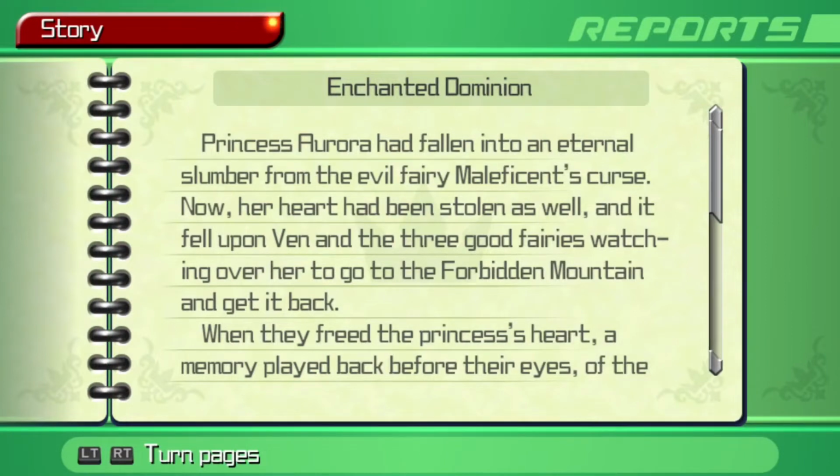Princess Aurora had fallen into an eternal slumber from the evil Fairy Maleficent's curse. Now her heart had been stolen as well, and it fell upon Ven and the 3 good fairies watching over her to go to the Forbidden Mountain and get it back. When they freed the princess's heart, a memory played back before their eyes